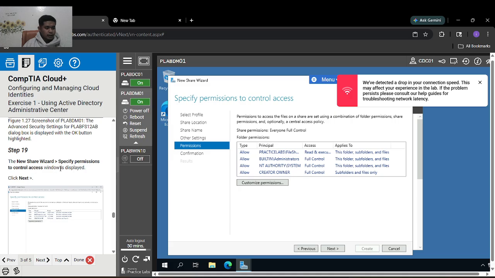Step 19, the new share wizard specify permissions to control access window is displayed. Click next.